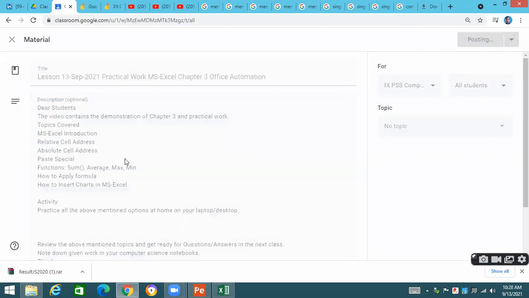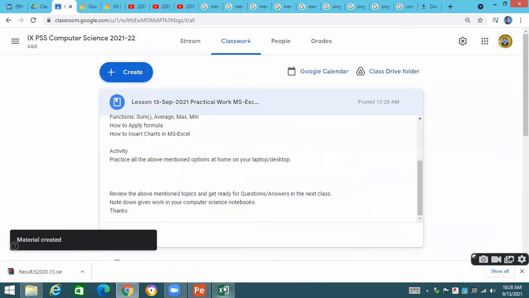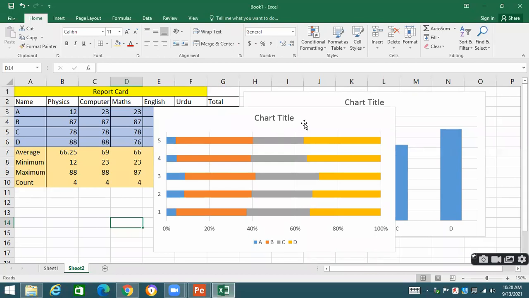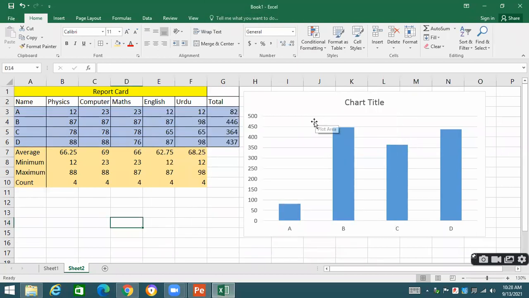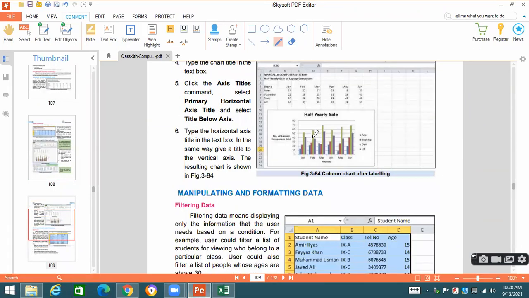I'm going to post it. You'll be able to see in your Google Classroom what contents we have covered today. Up to inserting charts we have done. This is there in your books, page number 107. Inshallah, we'll start from manipulating and formatting data. This will be the topic that we will be doing next time.